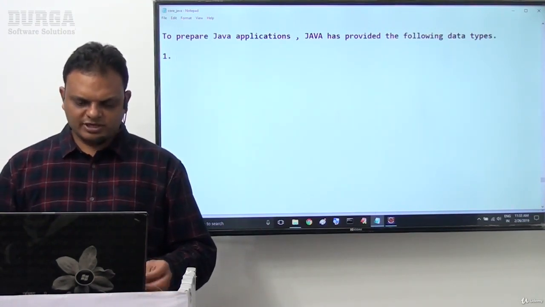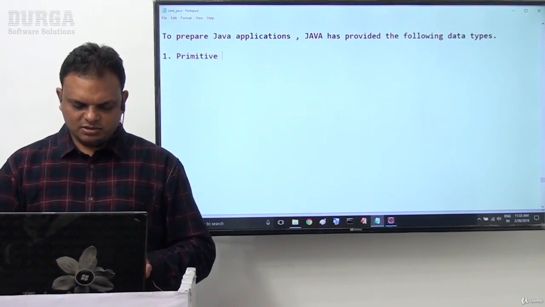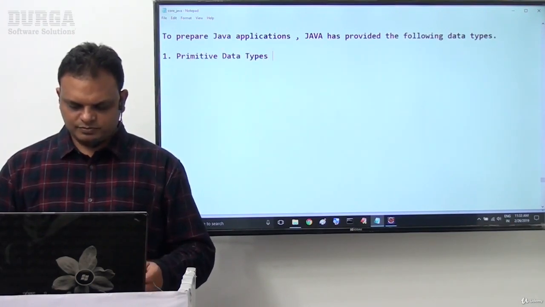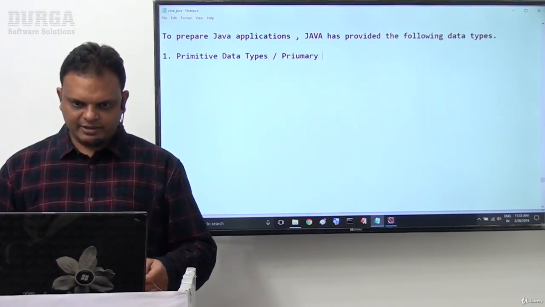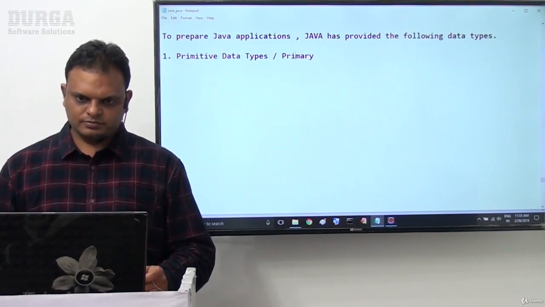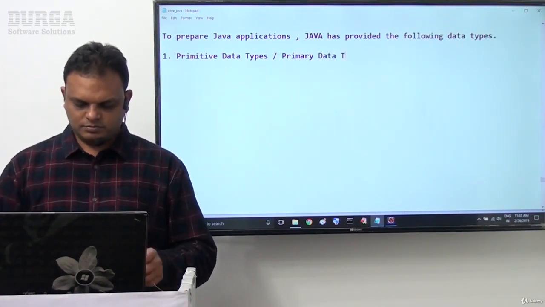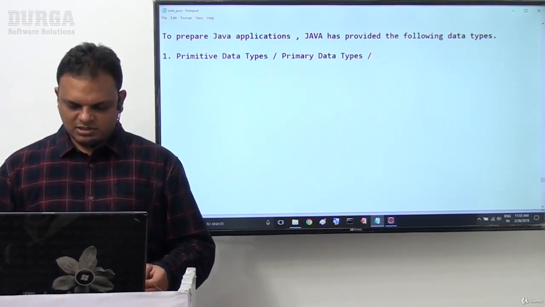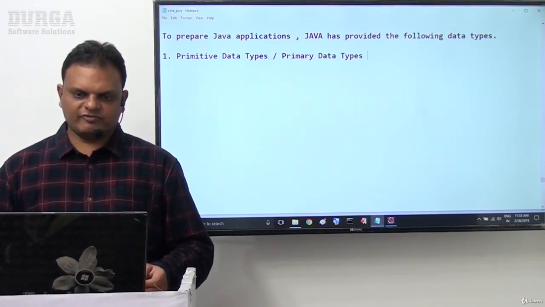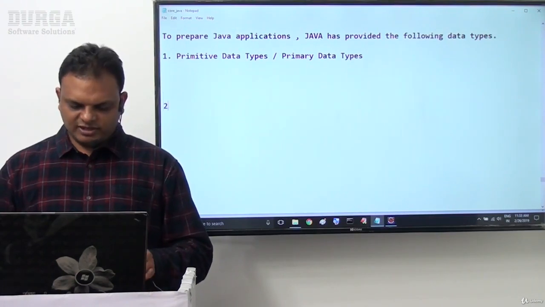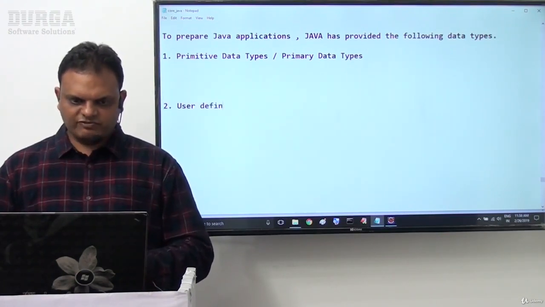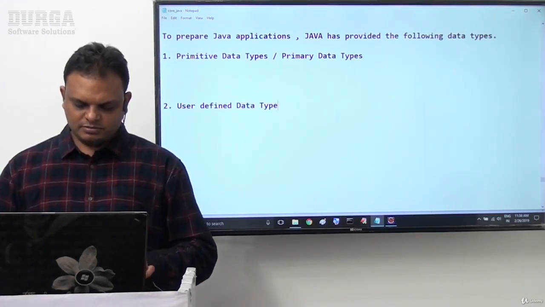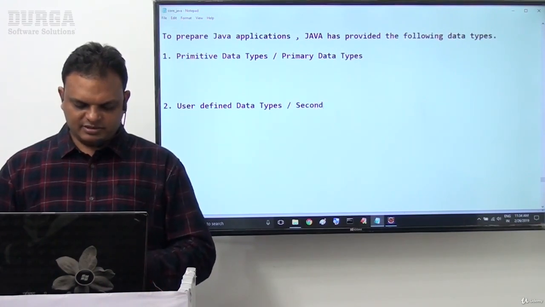The first one is primitive data types, or primary data types, or system defined data types. The second one is user defined data types, or secondary data types.